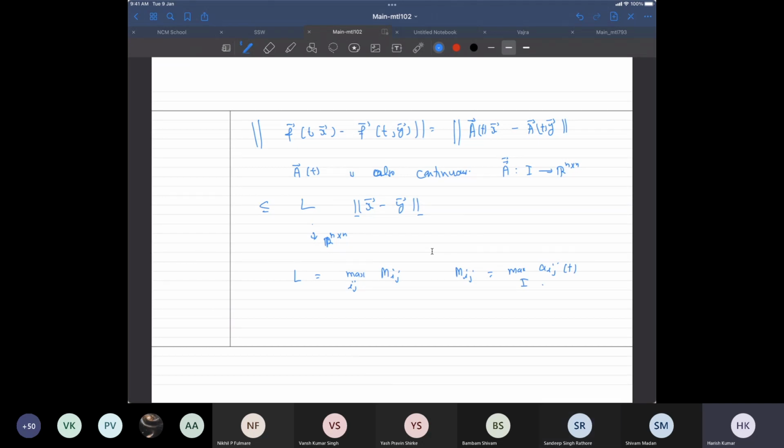Now is this fine? Yes? Okay, this is okay. So by doing this, I have avoided the discussion about the matrix norm induced by a vector, because that will be again a new topic. So the point is that because the Aij's are continuous, if you look at the partial derivative of